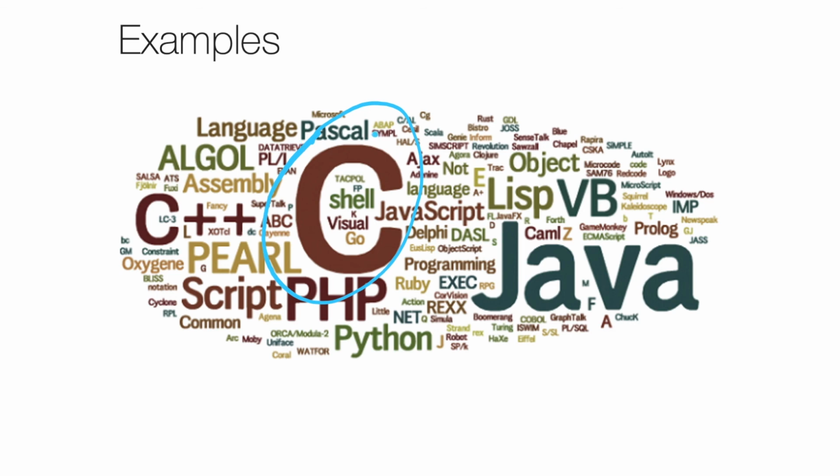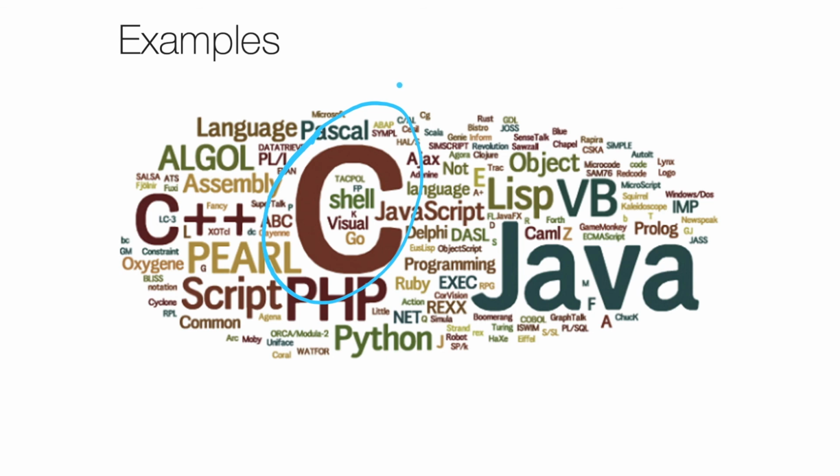And we have a lot of other programming languages in today's world. Here you can see some of the languages: Java, C++, Perl, Python, VB, PHP, JavaScript. Right? So there are a lot of different languages that you can use to write a program on your computer. In this class, we are going to use C as our programming language. As you notice, in this slide also there are a large number of programming languages.